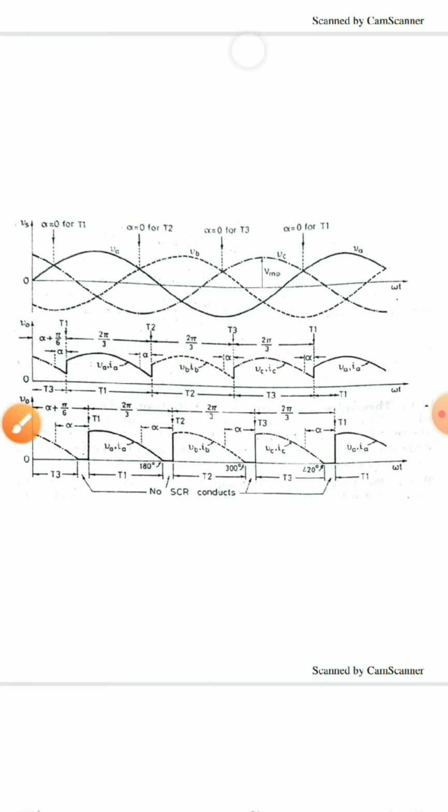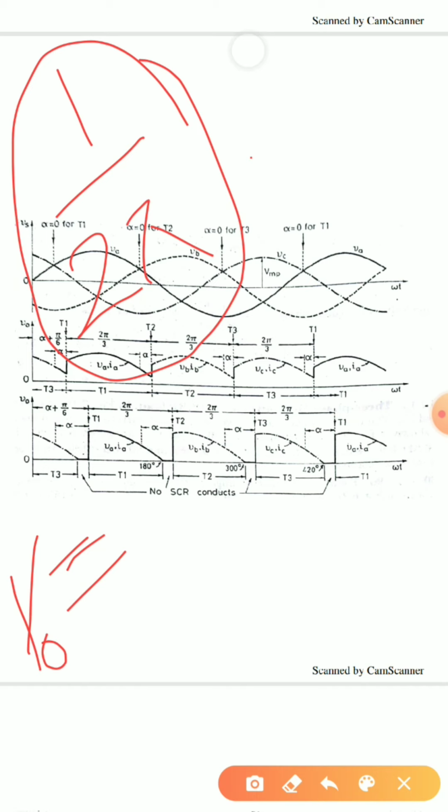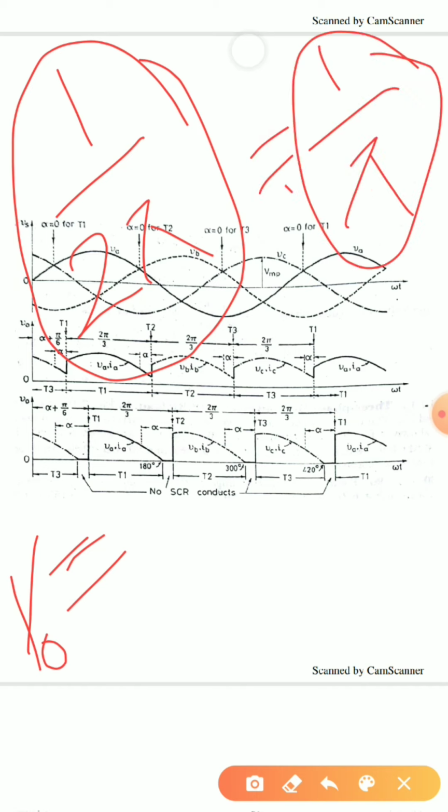Now let us look at how to achieve the average voltage. Talking about average voltage, in the previous case what we did was take 1 by 2 pi if I was considering the average of the whole cycle. If I was considering the average of the half cycle, I was considering 1 by pi. Now here also I will be considering the half cycle average, therefore 1 by pi. Now here we know that we have 3 phases, therefore this will get multiplied by 3. So I will get 3 by pi integral.